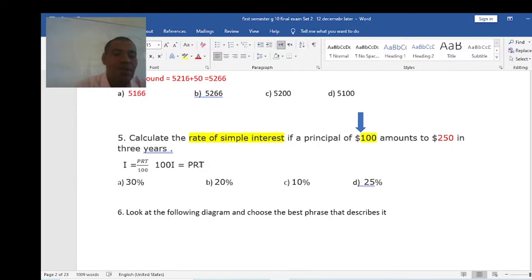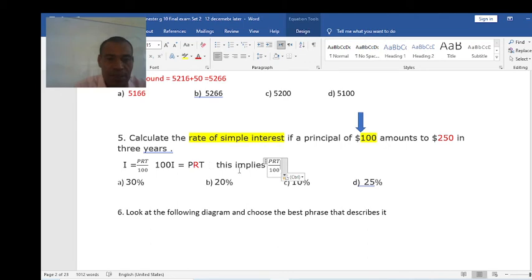Then, to isolate R, my learners, you should divide both sides by PT. Therefore, this implies that R equals